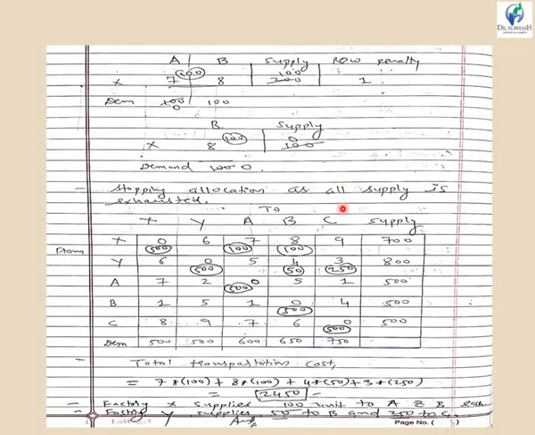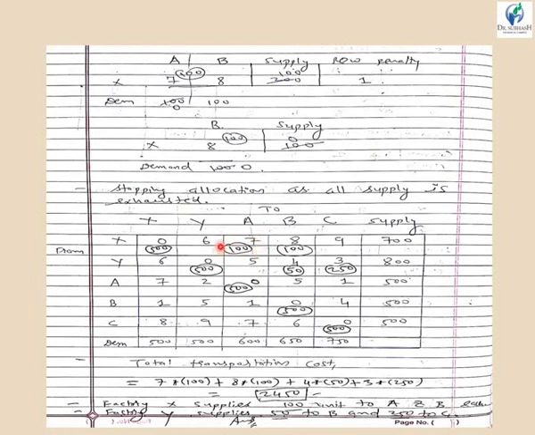Now we will stop the allocation because all the supply capacities of all the factories are exhausted. Now this is the main table. We have redrawn it and I have allocated all the values that we had obtained during the various steps. You can see over here the diagonal values will be ignored because they do not affect the final result, because all the unit costs of transportation are 0 along the diagonal. Multiplying that with any digit will not affect the final answer. So these diagonal values are ignored because all the unit transportation costs Cij are 0 on the diagonal. Now finding out the total transportation cost,